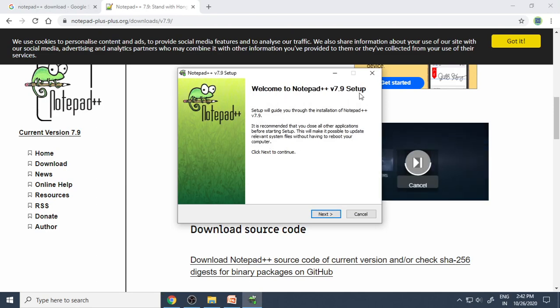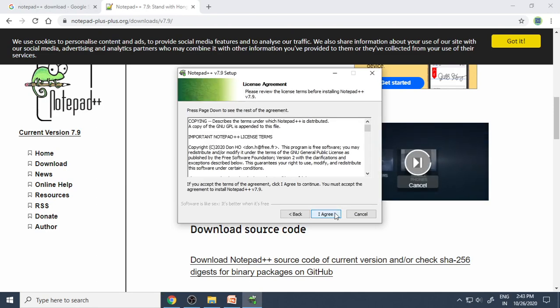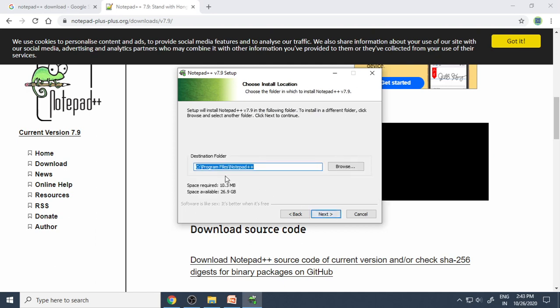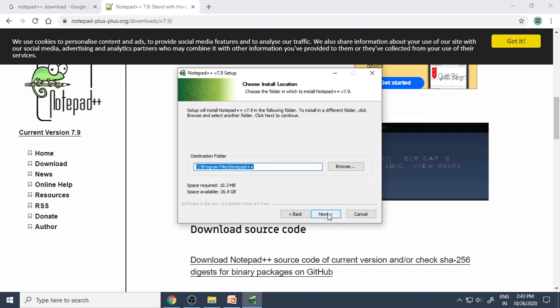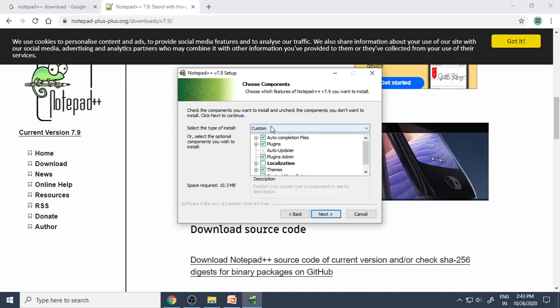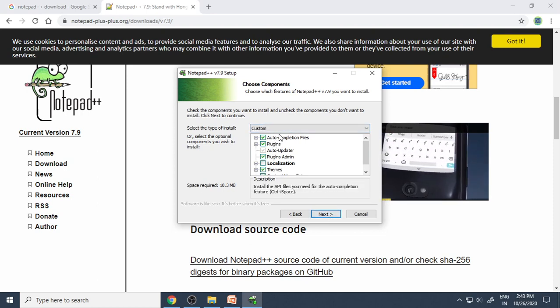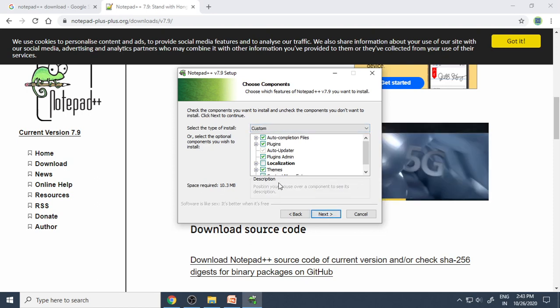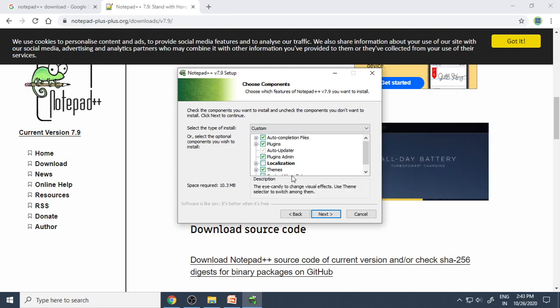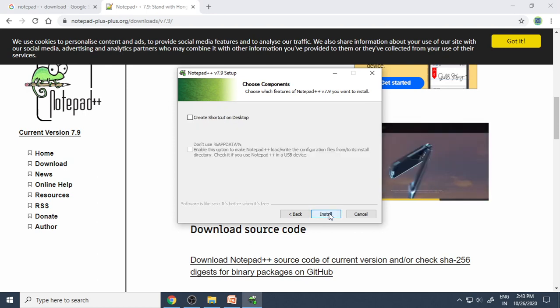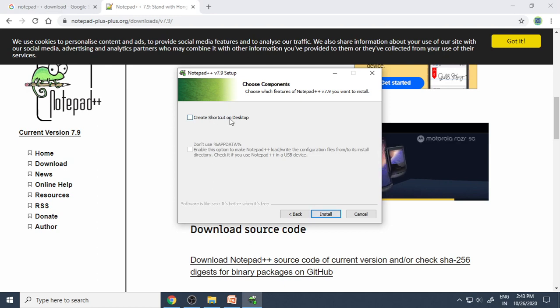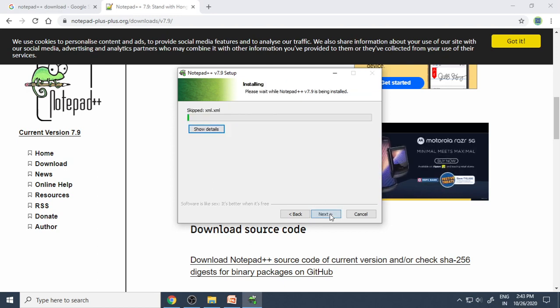Then you have the welcome to Notepad++ version 7.9. Agree. Then you choose the folder to install in. You can customize what you want and what you don't want. At this moment, you don't need to make any changes. Let it be as it is. Click next. You want one shortcut here. So you can click the shortcut and then install.